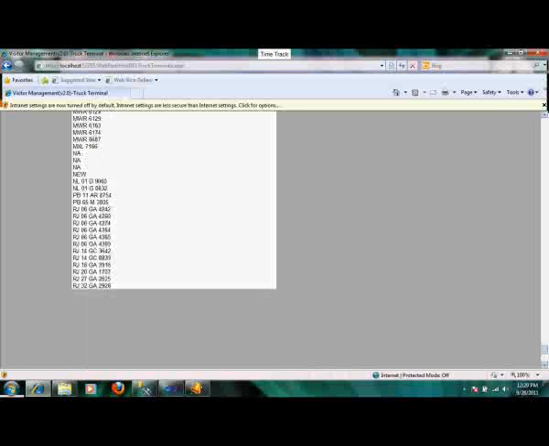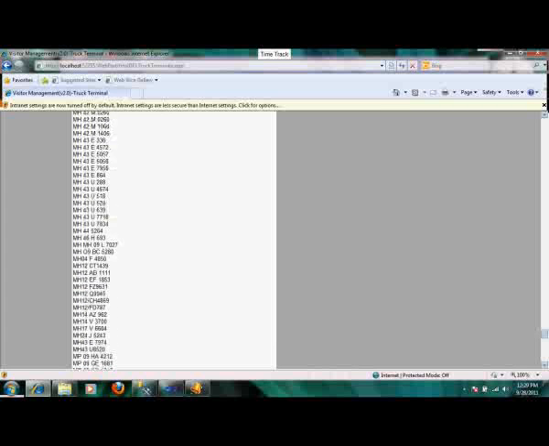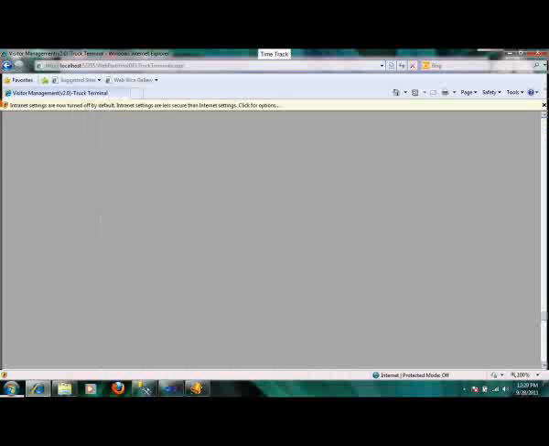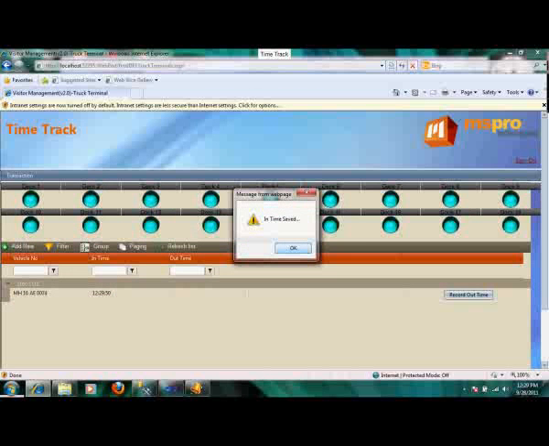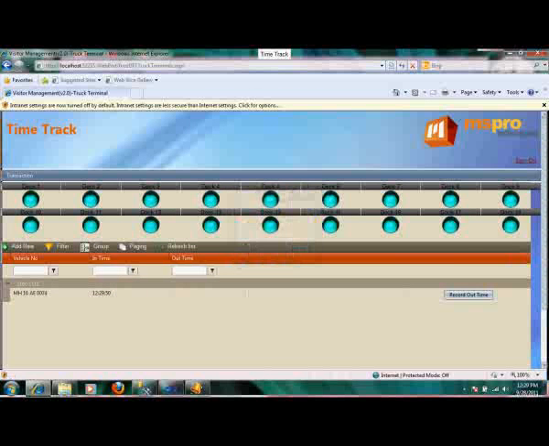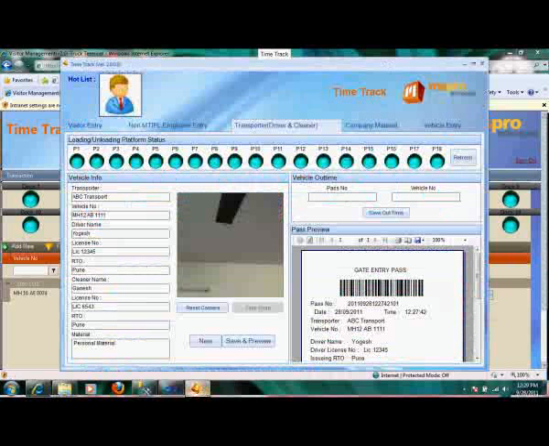Anyway, let me create some random number. The vehicle number is appearing in this list. That means the out time of that vehicle has not been marked. So instead of searching the entire list, let's say I select a vehicle number. After selecting the vehicle number, save.